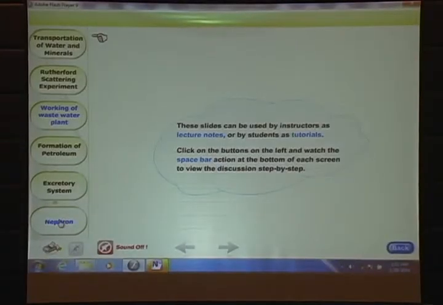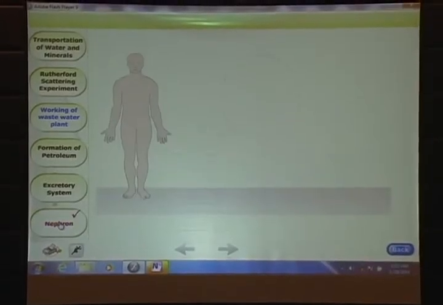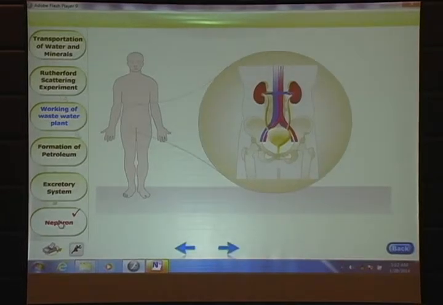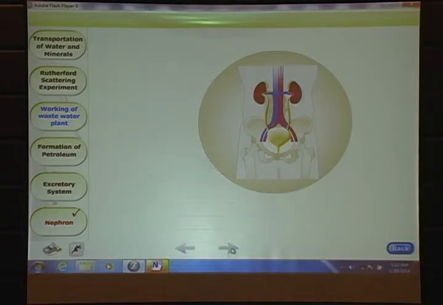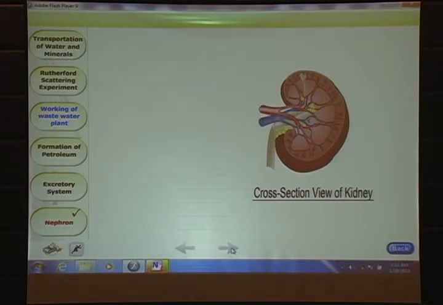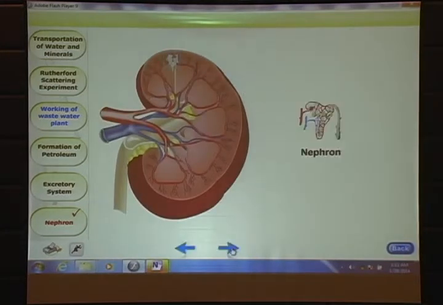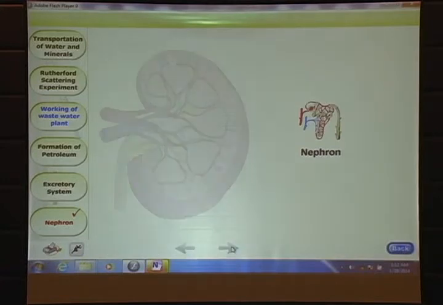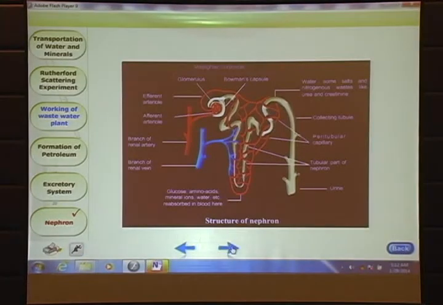If you're a biologist, all your usual PowerPoint slides that you usually use in the classroom are made more dynamic and more manageable. Nephron you want to explain, you start from where the nephron is hidden in your body. Start from this, take it to the kidney, open up the kidney now, and show where the nephron is. And once you have the nephron in front of you, and that's your point of discussion today in the classroom, highlight that and discuss each and every part. And if you don't remember, it comes right before you.